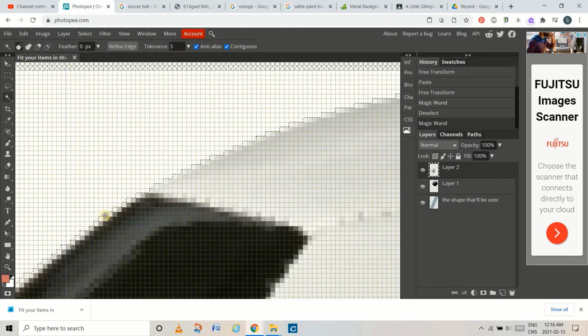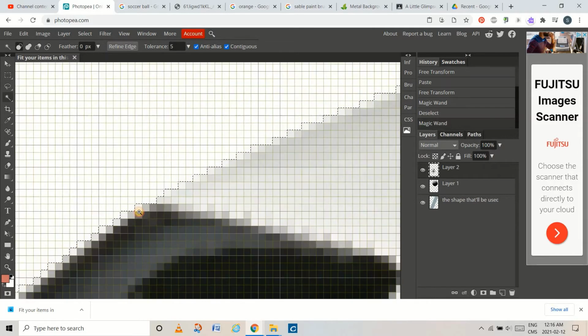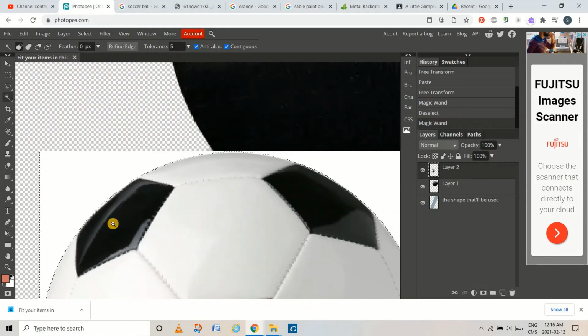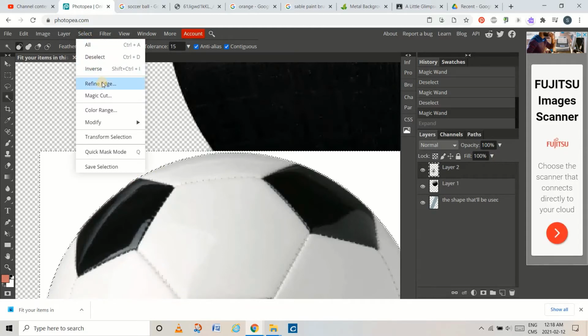You can see there's going to be a little bit of a hazy kind of white line there. So I'm going to try that again. If I zoom out, I'm holding down Control and spacebar and dragging right now, which is how Photopea does it. Tolerance of 15, let's give it a shot. Not bad. So if you're happy with that edge, you can leave it, or you can go to Select and